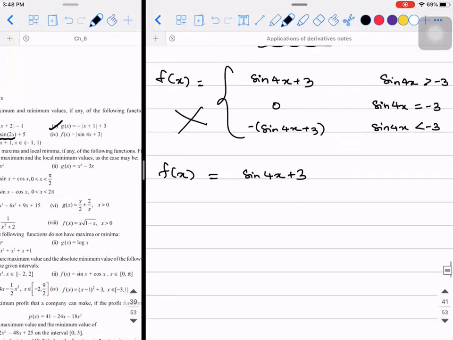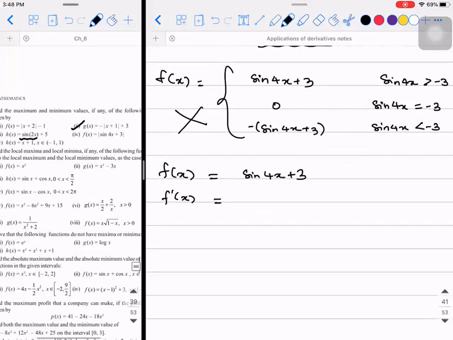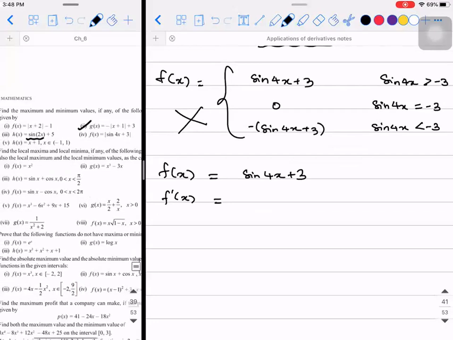Okay. Now what I can do with f dash, the remaining things you people can do. So the only difference between the previous question and this one is you had a modulus, but in this question, the modulus is not making much difference. Right? So it is similar to the previous question, except there you had 2x, here you have 4x, there you had 5, here you have 3. Even without solving using calculus, can you people tell me what would be the least and the maximum value? 2 and 4, sir. 2 and 4 should be the answer.